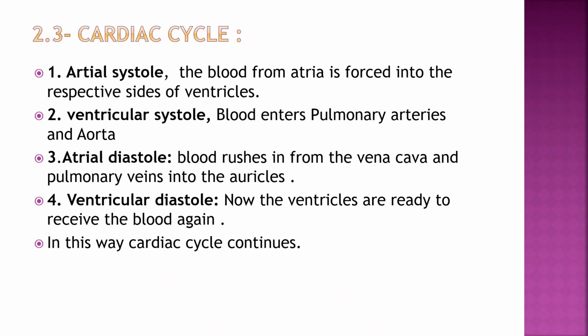Cardiac cycle, there are four steps or stages in that. First is atrial systole. When the atrium contracts, it pushes its blood to the ventricles. Then the ventricle contracts, it pushes its blood to the aorta and pulmonary arteries. And then the blood from the aorta is supplied all over the body, and pulmonary artery blood goes to the lungs